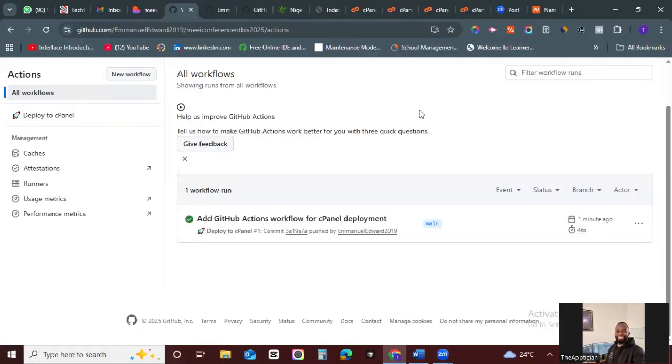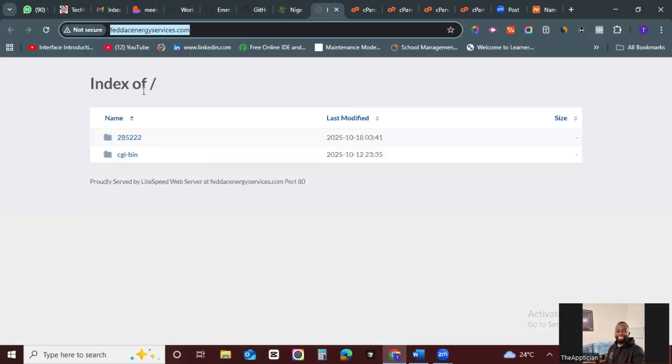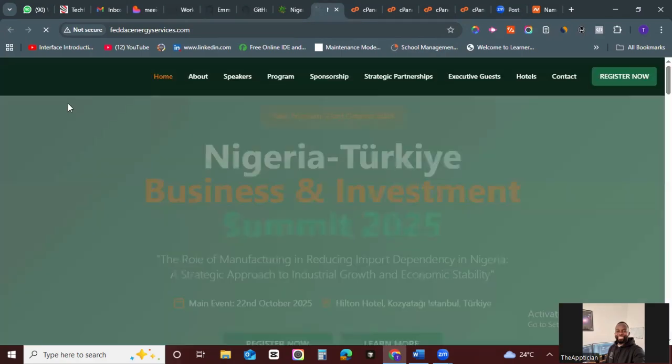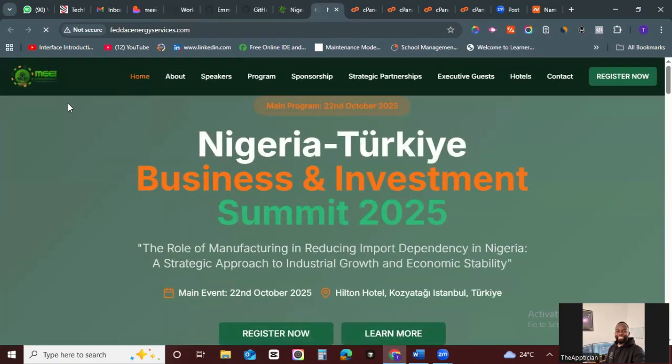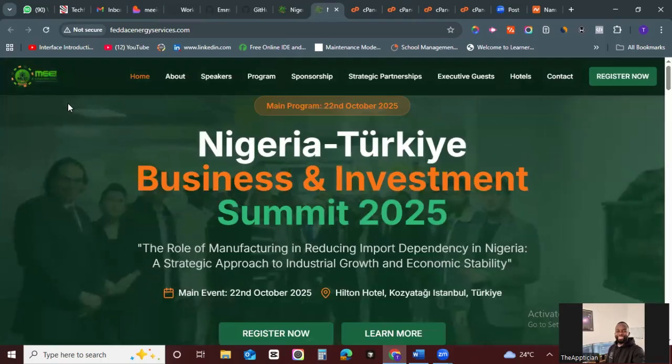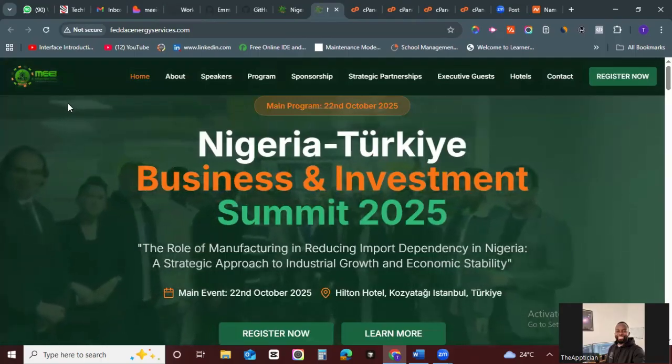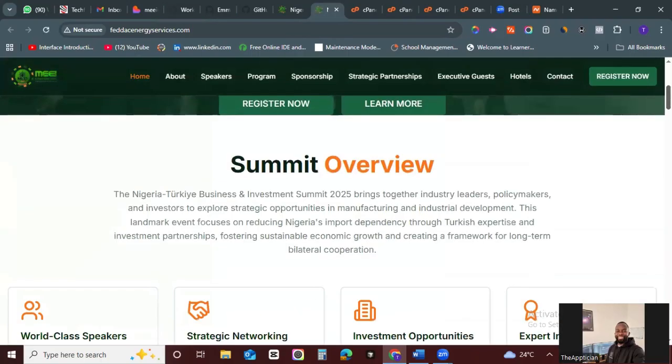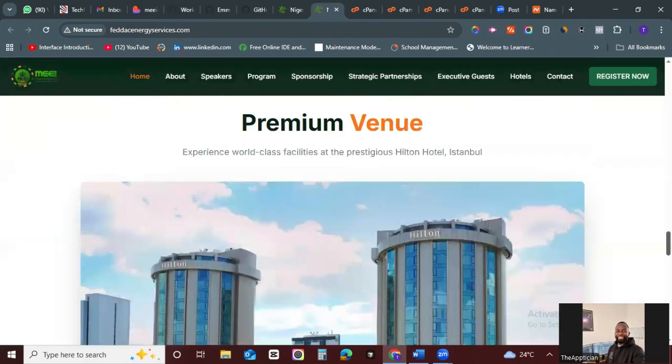Now let's go back to that FedEx. This is how it was before we deployed. So let's see. Having had a successful deployment, let's refresh it and see what will happen. Wow, our site has just been deployed. This is how to deploy. All right. This is how to deploy. So we have deployed. Now to test if our CI/CD is working correctly,